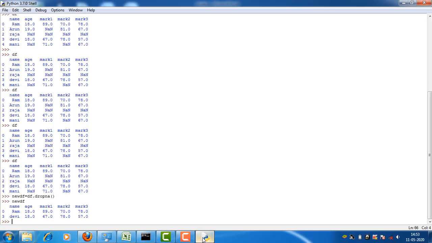Suppose we want to drop the columns where at least one element is missing. For that we have to specify axis. So new df is equal to df dot dropna of axis equal to columns.